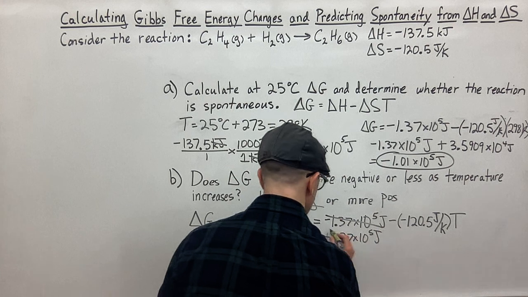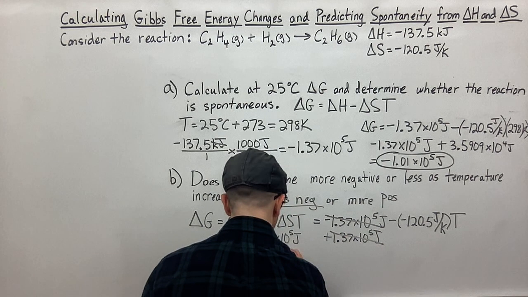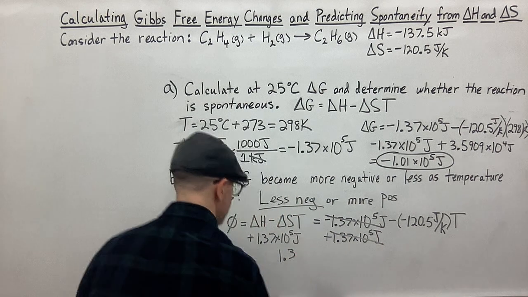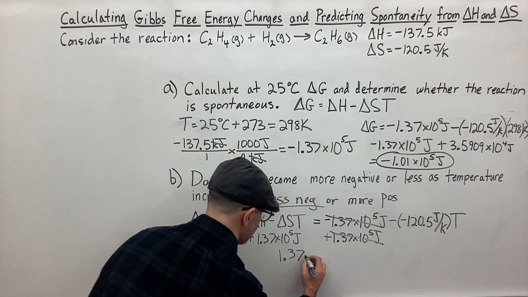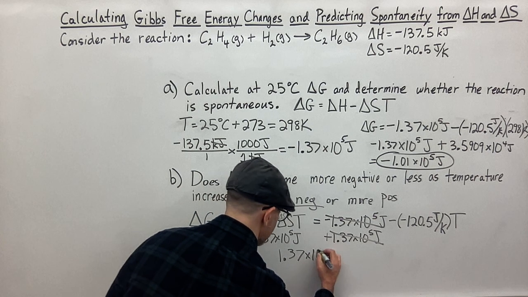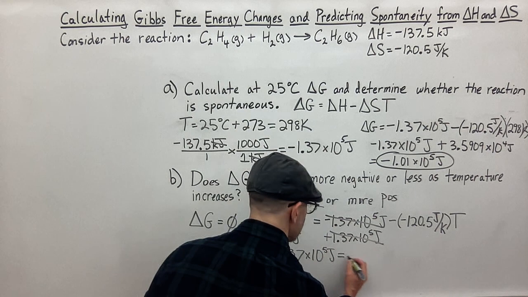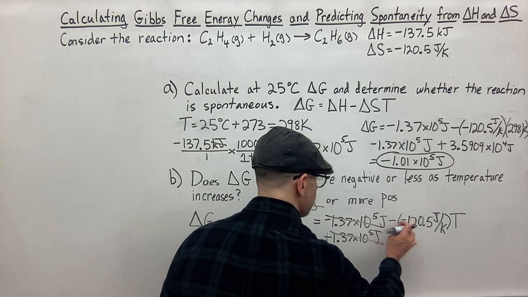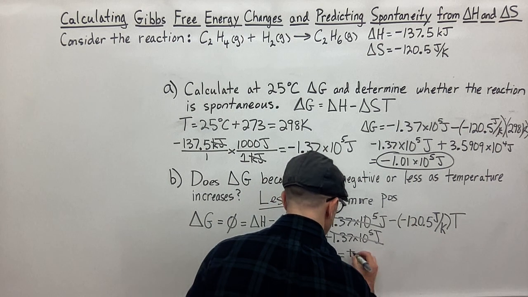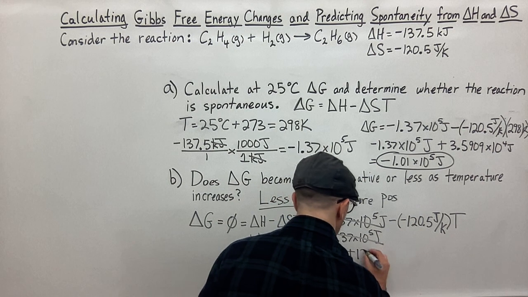So this cancels out. So now we have 1.37 times 10 to the fifth joules, and that's going to be equal to this side. Negative times a negative gives us a positive. So that's going to be positive